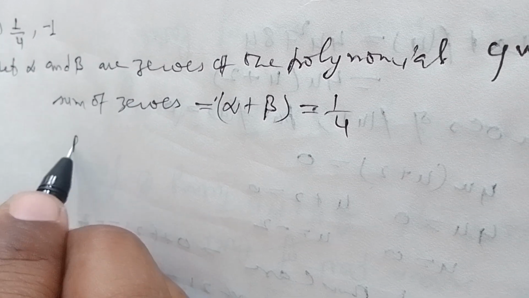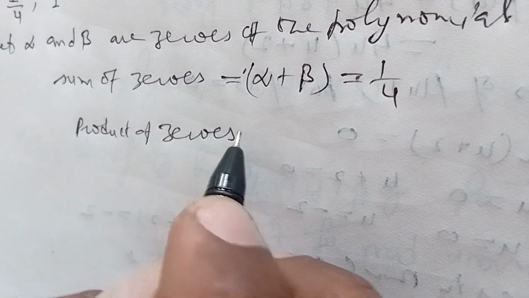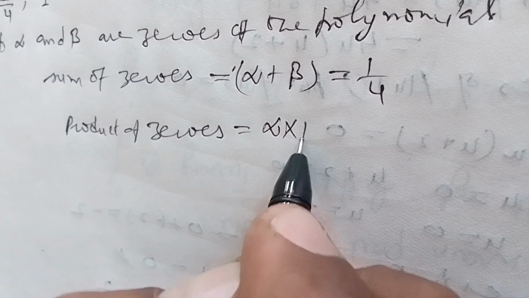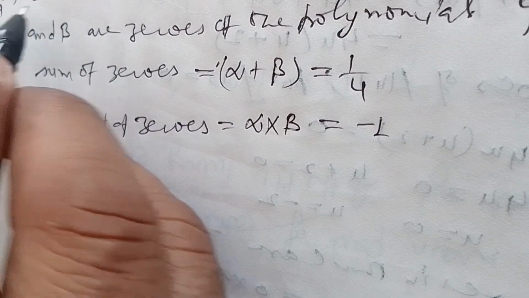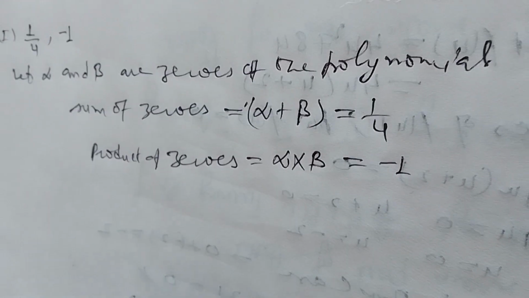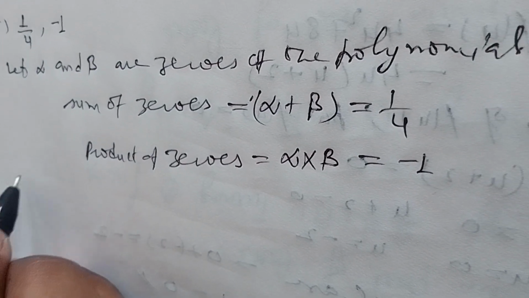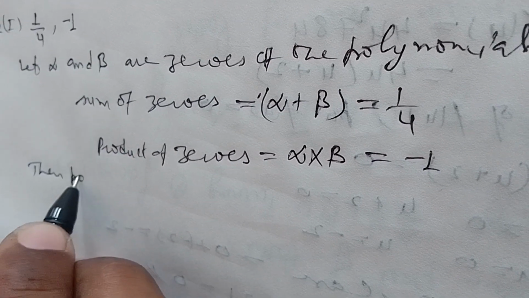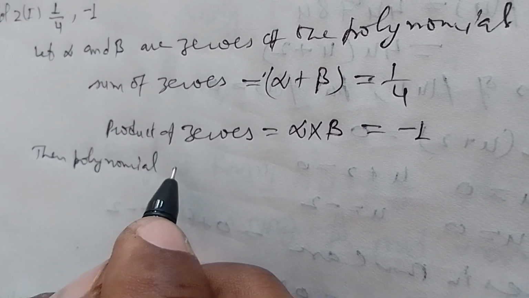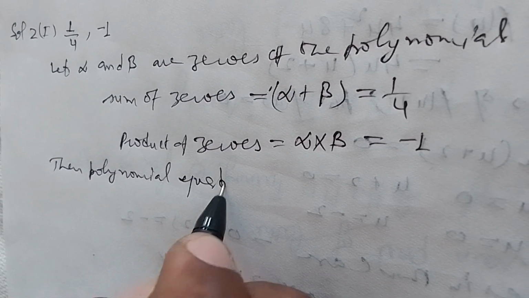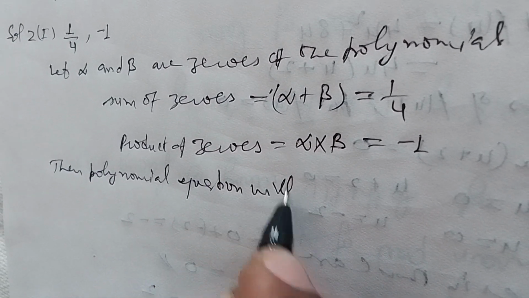The product of zeros, alpha multiplied by beta, is equal to minus 1, given here. So the polynomial equation will be